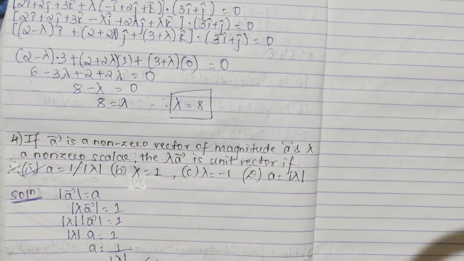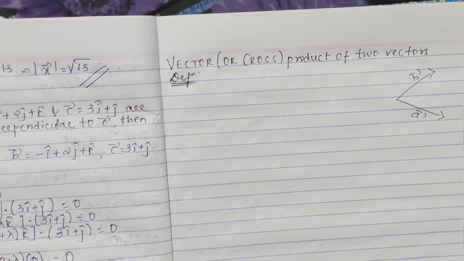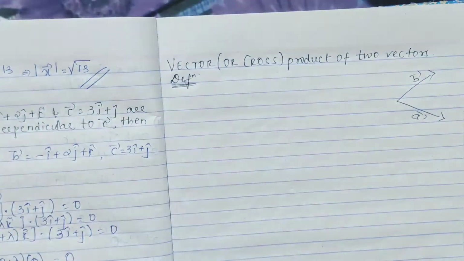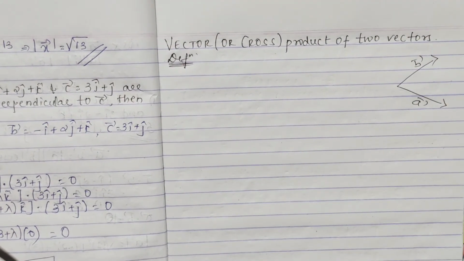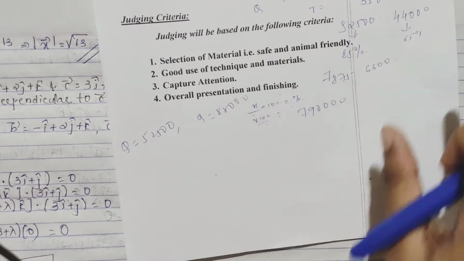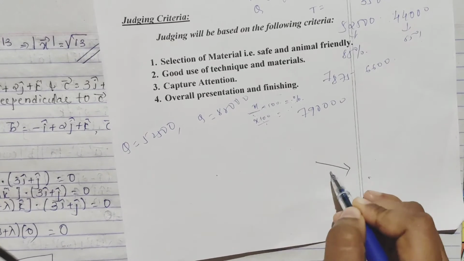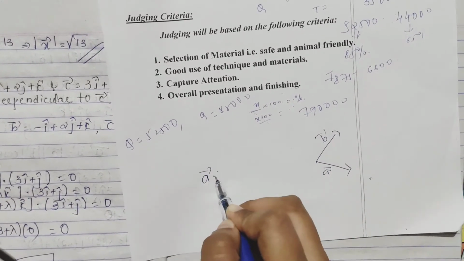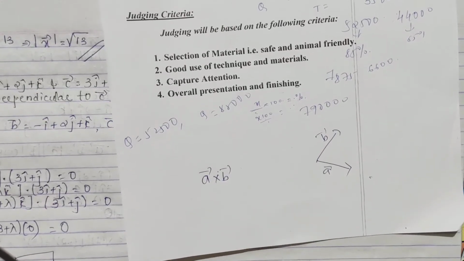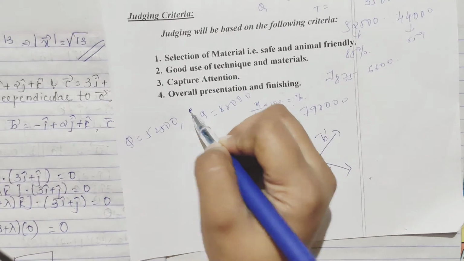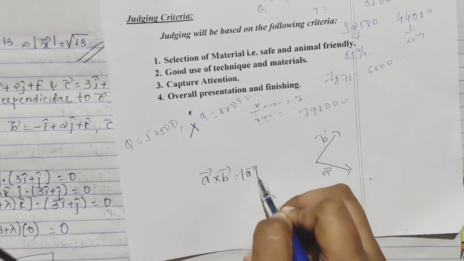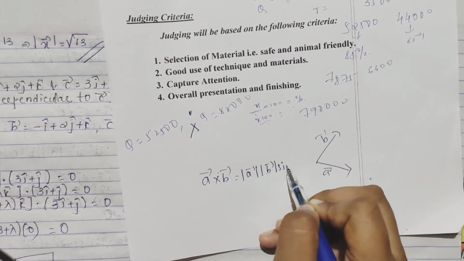Okay. Next is your vector or cross product of two vectors. Till now we did our scalar dot product. Now we'll see our vector or cross product, how it is. Suppose now I tell you I have your vector A and this is our vector B. So your cross product, how it is given: vector A cross vector B. See here, this changes. For dot or scalar you write it like this, dot. For cross you write cross. This is given as modulus of vector A modulus of vector B sine theta n cap.